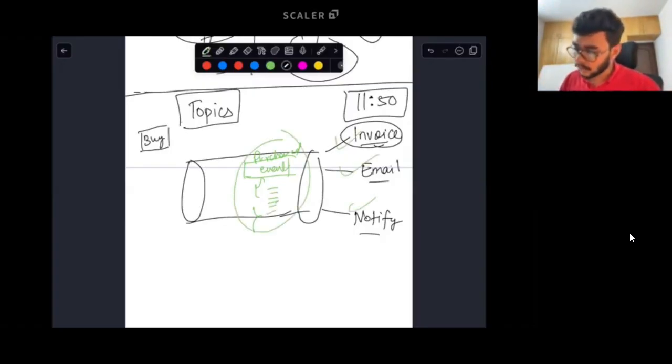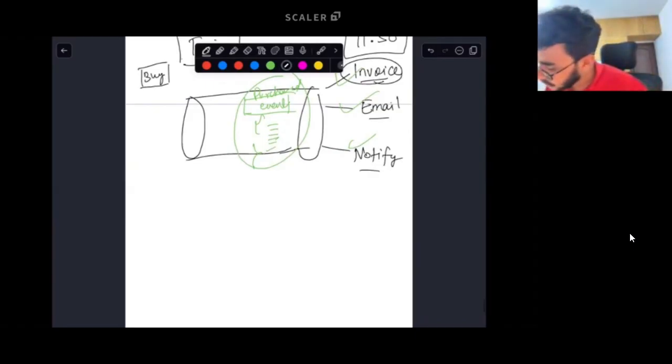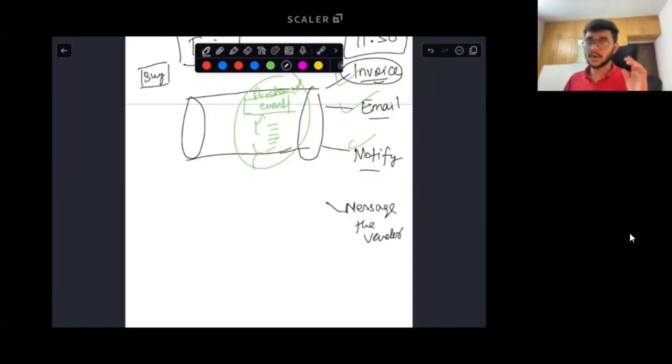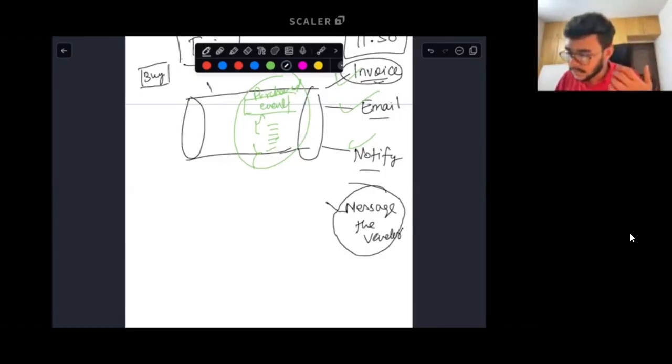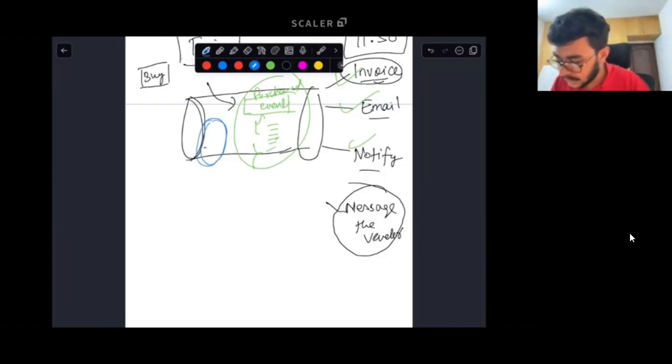What if there is, let us say, another event. Let us say you wanted to message the vendor. Let's say there is a new consumer which comes in, which says, hey, I want to message the vendor that, hey, go ahead and invoke the logistics services now. What if this message to the vendor thing actually requires some other piece of information than the event that is already stored over here? Then what will you have to do? You will basically have to create a new event over here about the delivery information, and you will have to push it as a new message over here.